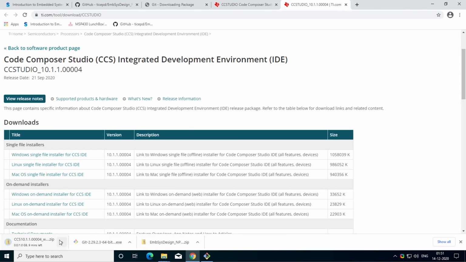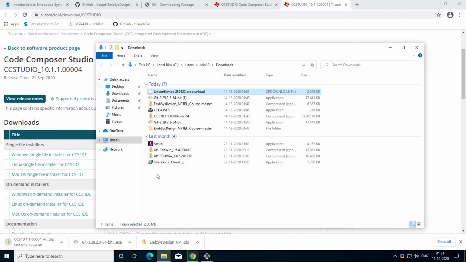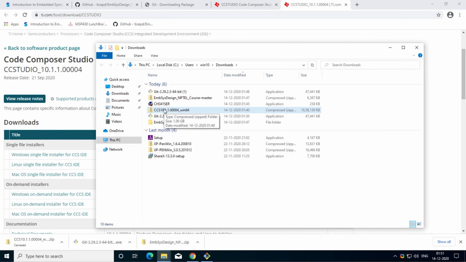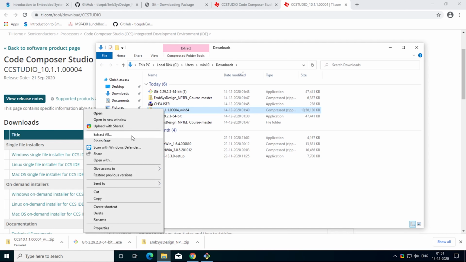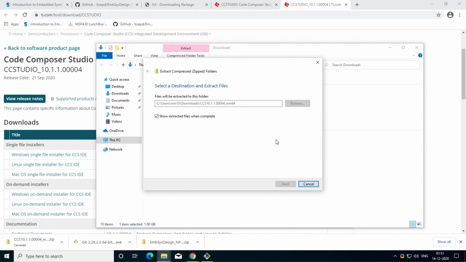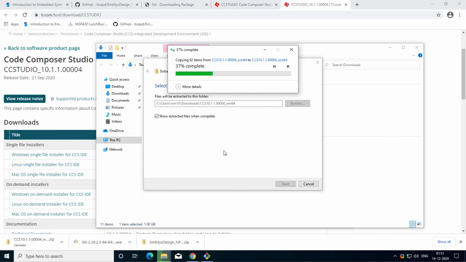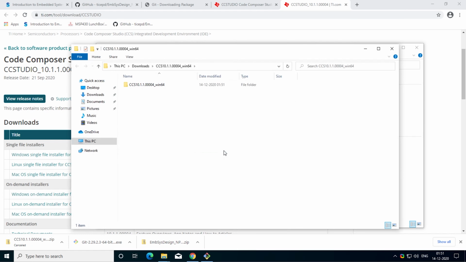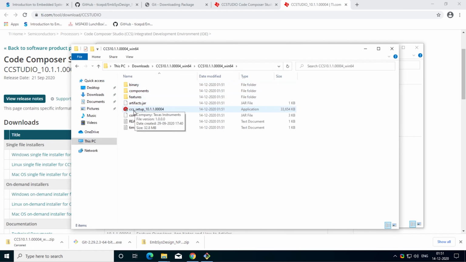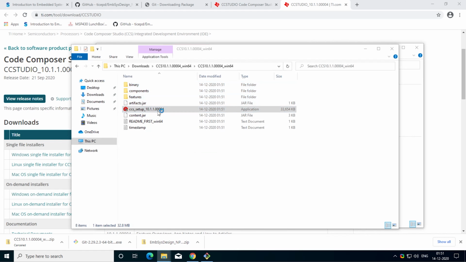This file is big, around 1 GB, so I have already downloaded this file for you over here. So I will just cancel this download, and here are the files. To install, you can just extract all the files over here. You will find an installer for this IDE. Just double click on this installer icon,